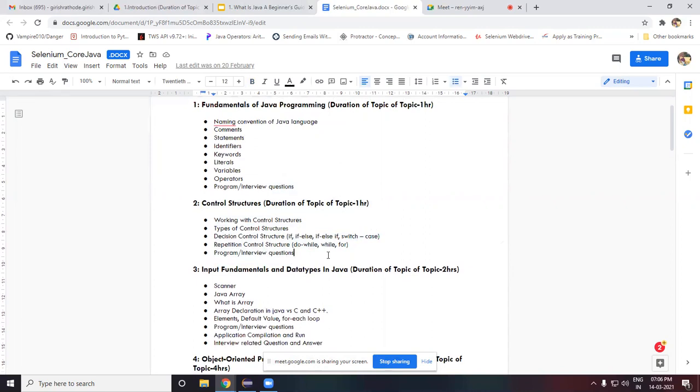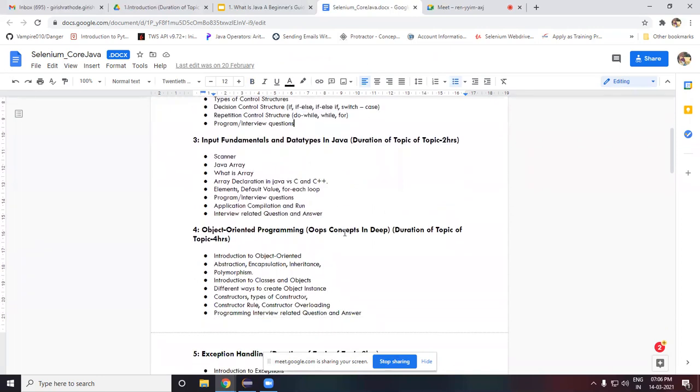Later on we will move to the next step, which is scanners. Scanners are used to take dynamic input from the user from the console at runtime. Later on, we'll deal with Java arrays.